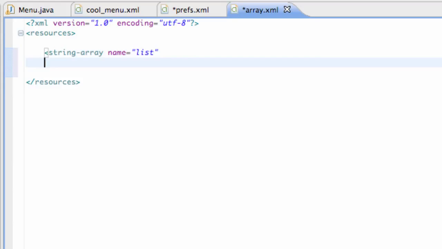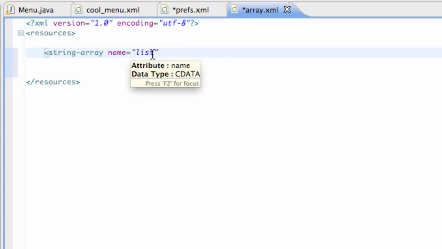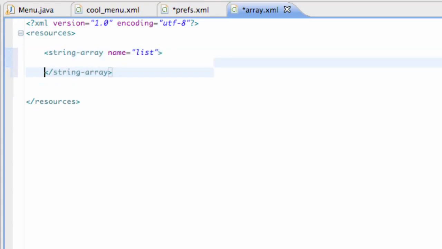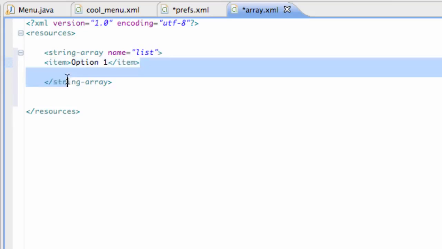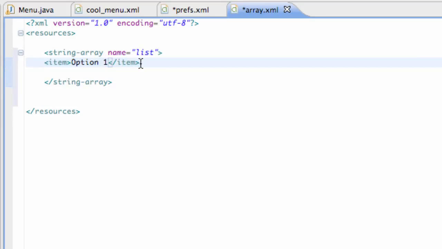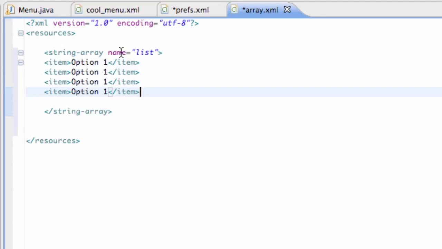And then all we're going to do is set up some items within this string array. So we need to finish off our string array. That's all we need to define it as, and then hit enter a few times so we can work within the string array and add some items to it. So we're going to say item, and then you don't even have to set up the item like we generally would. We just need to put something within both the item and the close item brackets there, and we're going to call this, I don't know, option 1, and just copy and paste this 4 times or something, however many times you guys want, and then just change the variables